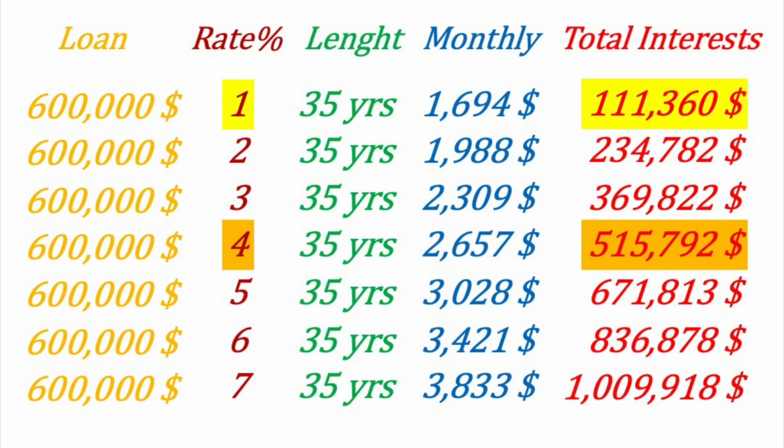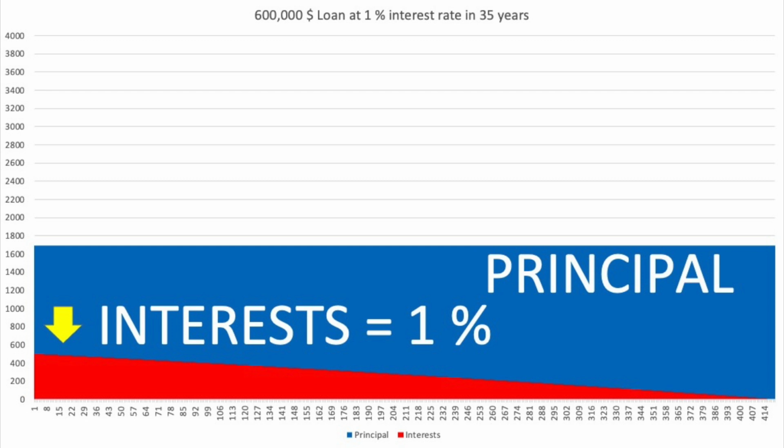If the interest rate is 1% high, the total amount of interest paid in 35 years is $111,360 high. If the interest rate is 4% high, the total amount of interest paid in 35 years is $515,792 high. As you can see on this graph, in blue the principal amount you give back to the bank,